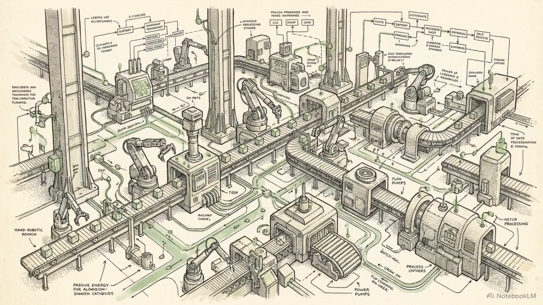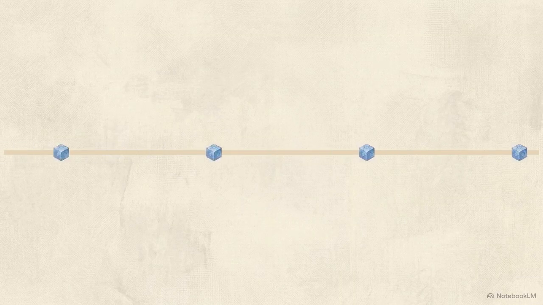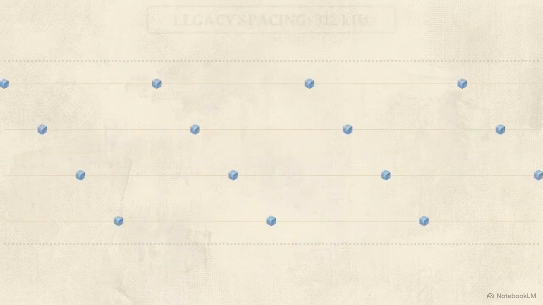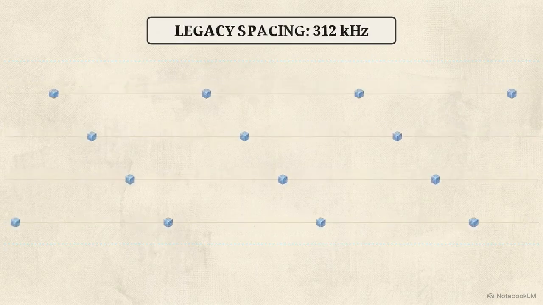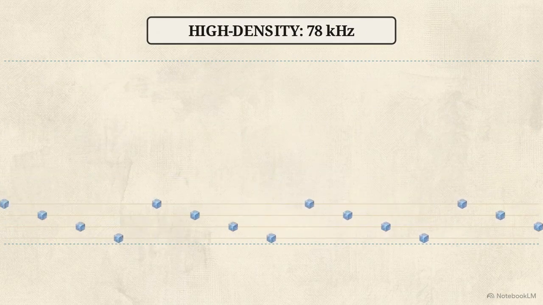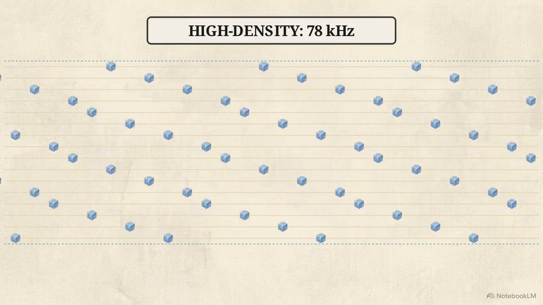It starts at the edge, stages 1 and 2. This is the local environment where hundreds of devices must coordinate their communication without shouting over each other. The physical foundation engineered for this high-density environment is Wi-Fi 6. Older networks forced devices to take turns. Wi-Fi 6 divides a single frequency into multiple parallel lanes. Engineers compressed the gap between lanes from 312 kHz down to 78, packing 4 times as many data streams into